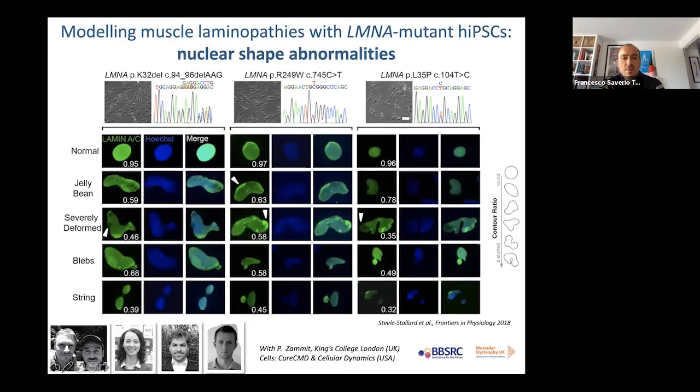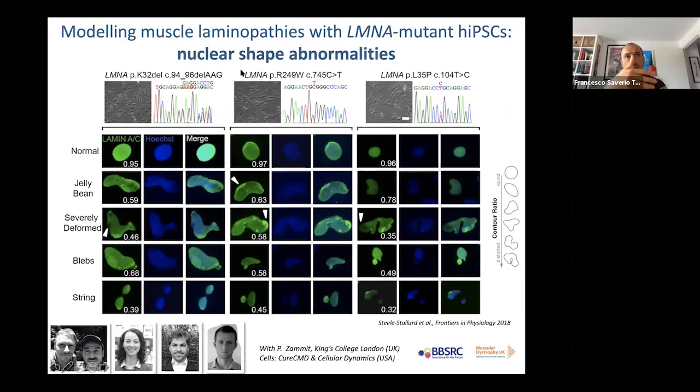So what Heather started to do, and then Luca Pinton followed up in the lab at present, and also more recently Dan Moore here, and you will see data for all three of them in the next few slides. What Heather initially wanted to do was to see whether mutations in lamin AC, and particularly these, which are the first three mutations that we started to work on,